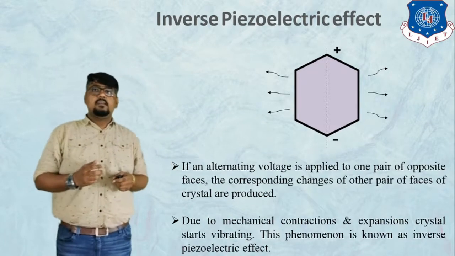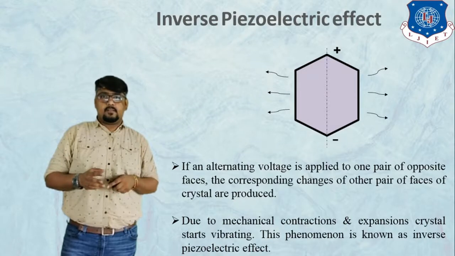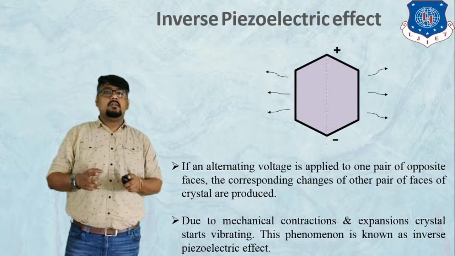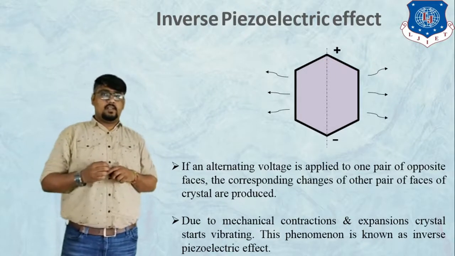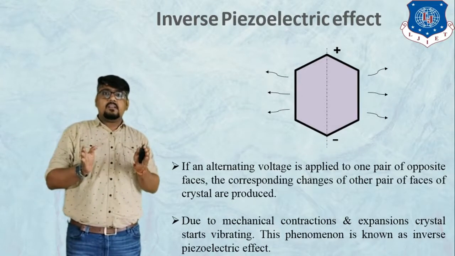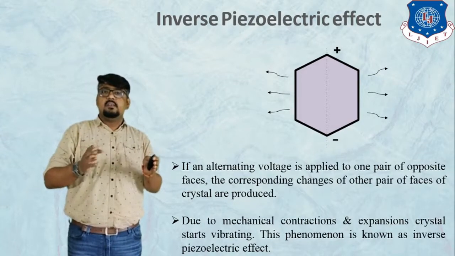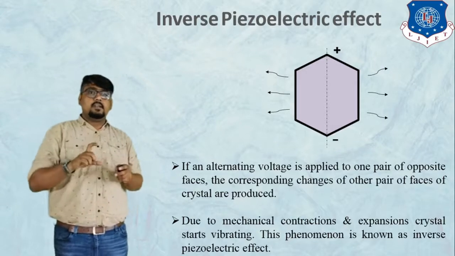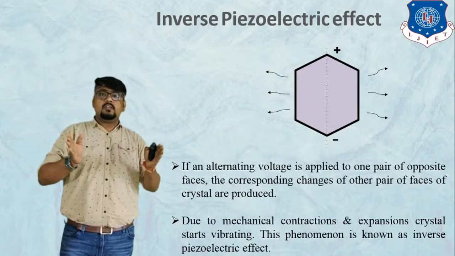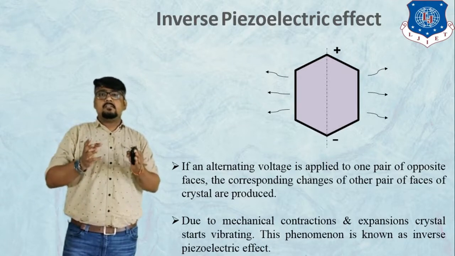Now the study of this effect is very important to understand the production of ultrasonic waves by the piezoelectric method. Actually, the production of ultrasonic waves by the piezoelectric method is based on the inverse piezoelectric effect. I will teach you how. If an EMF is applied, pressure or some energy is developed on the faces. Now think, if this EMF is alternating, plus becomes minus, minus becomes plus, then there will be sudden expansion, contraction, expansion, contraction, and this will create a vibration.